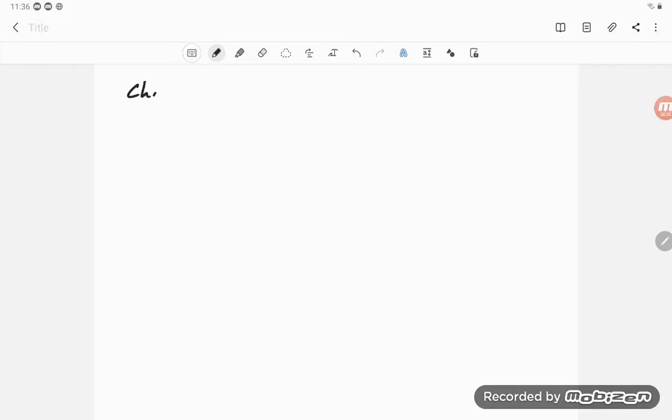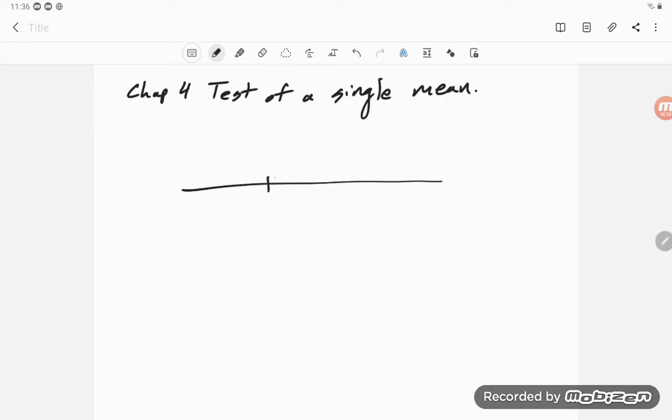Okay, this is chapter 4, test of a single mean. So we looked at a confidence interval, and you could use the confidence interval perfectly well to perform a hypothesis test. You just wouldn't get a p-value from it. So again, you have two things, the real mu zero, or possibly the hypothesized one, and you get your x bar